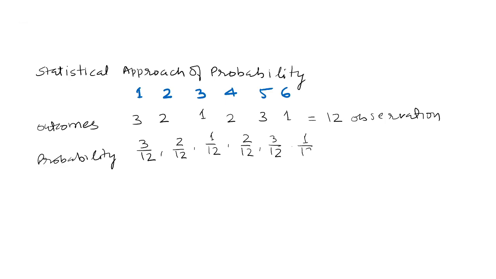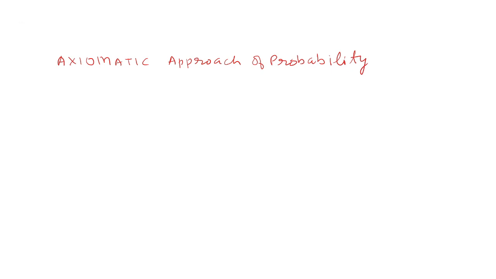So this type of probability based on observation results is the statistical probability, or statistical approach to probability. Next is the axiomatic approach of probability, and prior to discussing the axiomatic approach, we have to define